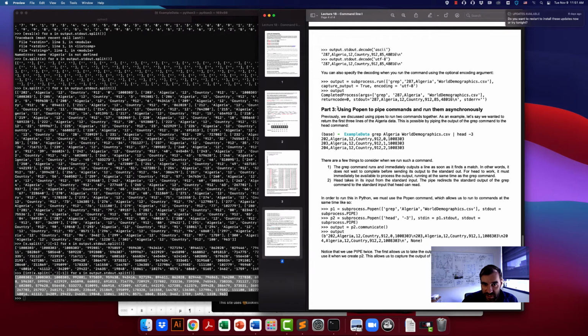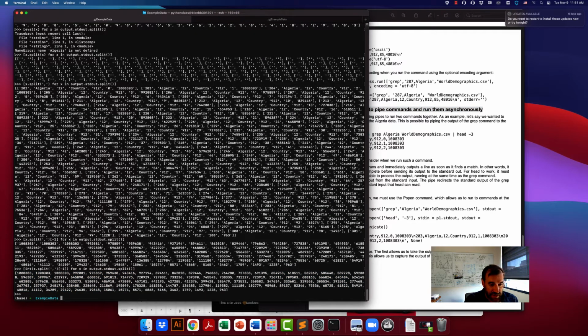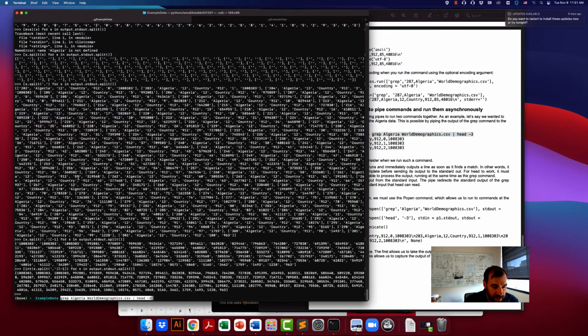All right, we are also going to cover using Popen, and Popen allows you to pipe commands together, and Popen is also able to run things asynchronously. So we've covered pipes somewhat briefly previously when we discussed some of the basics of the command line, but let's say we wanted to